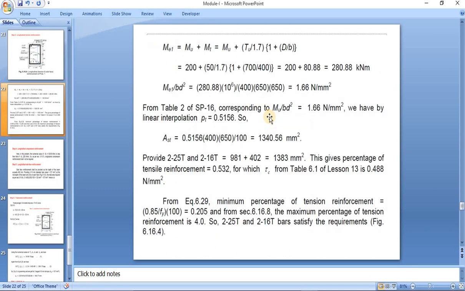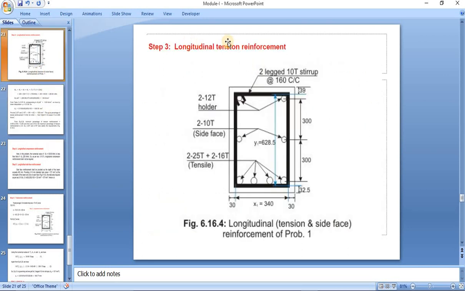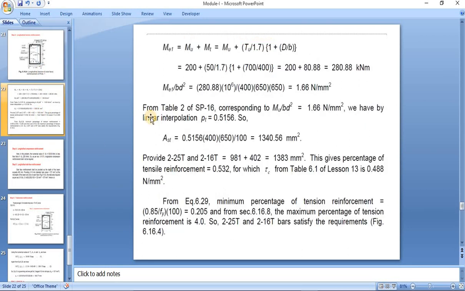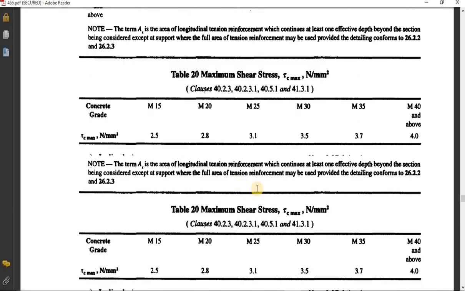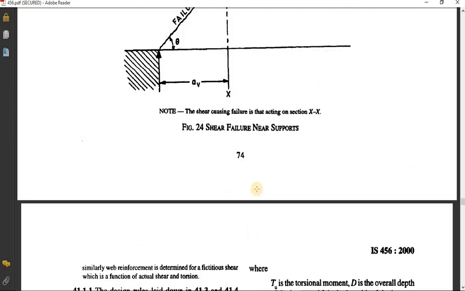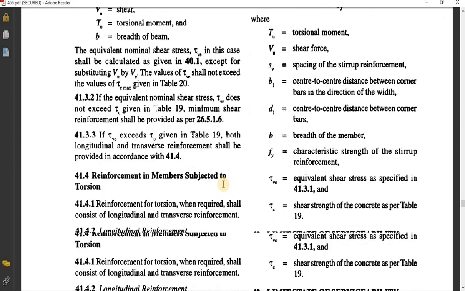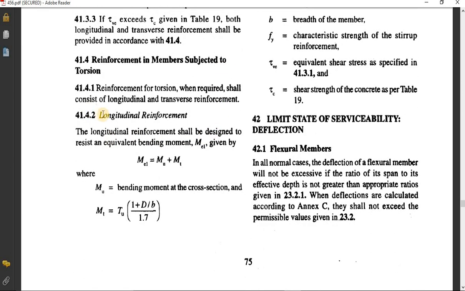Next is calculation of longitudinal reinforcement. Step number 3, calculation of longitudinal reinforcement. As we know, longitudinal reinforcement is calculated by using this clause, 41.4.2, which is given like this: equivalent bending moment, that is ME1, is equal to MU